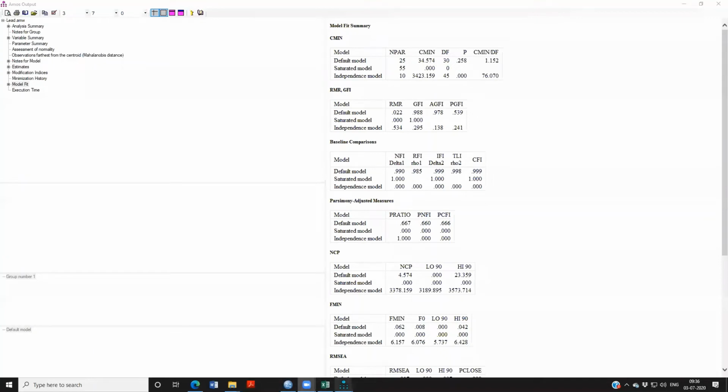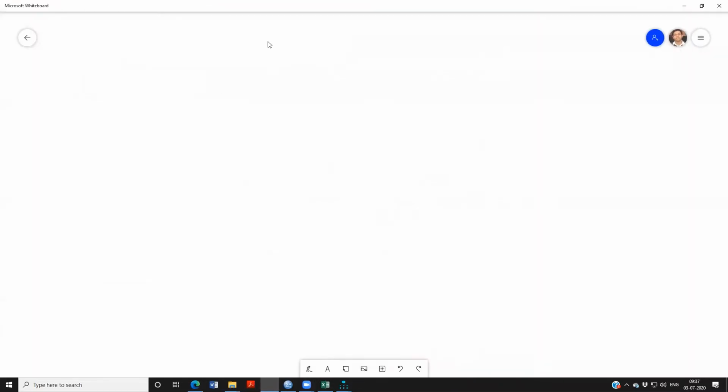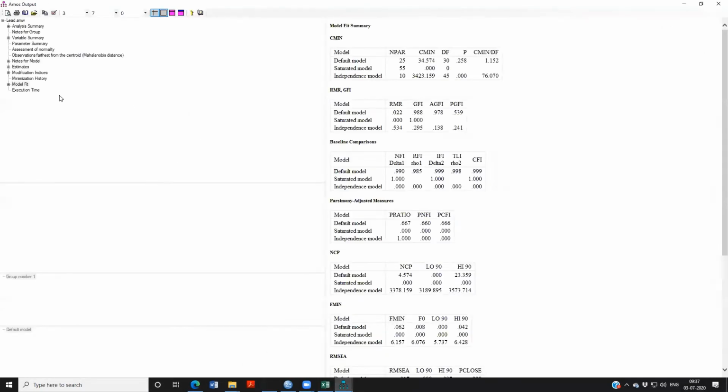So, the first question that I am seeing on the screen is: how do we decide whether the model is a good fit or not? To decide whether a model is a good fit or not, we will report a few indices. We will report chi-square with its degrees of freedom. For example, in the solution that we got, we are seeing